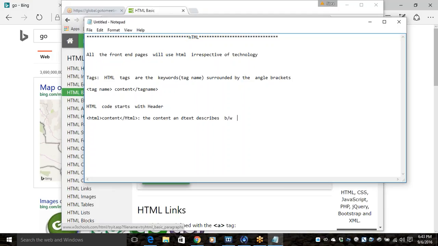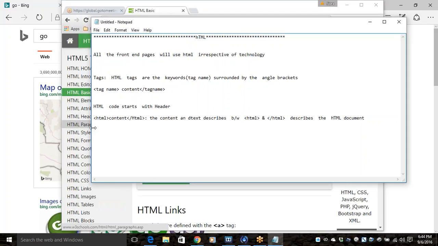Between html and backslash html describes the HTML document. Okay, the total HTML document. And observe the body. Okay, the content between the body and closing body describes